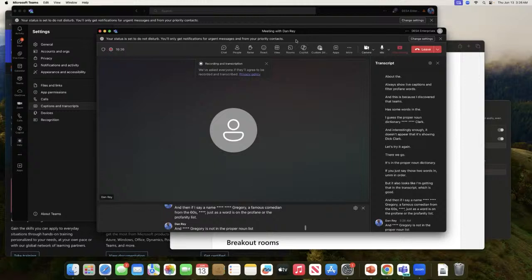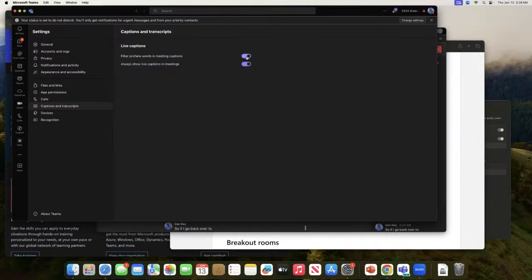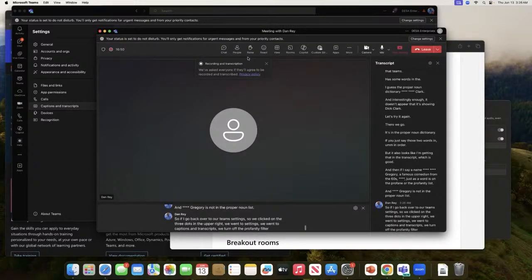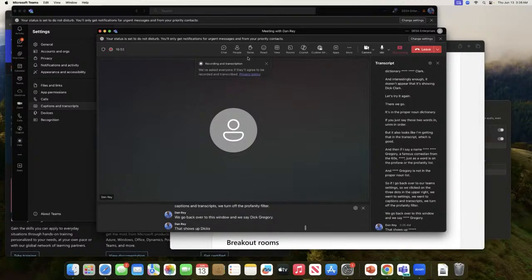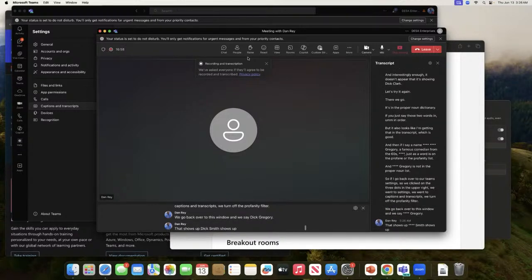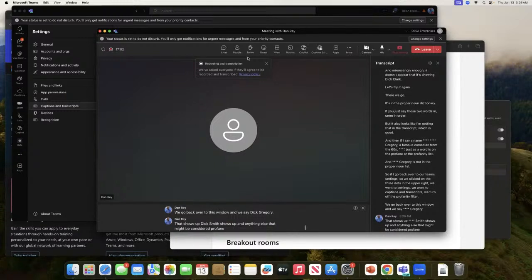So if I go back over to our Teams settings, we clicked on the 3 dots in the upper right, we went to settings, we went to captions and transcripts. We turn off the profanity filter, we go back over to this window and we say Dick Gregory, that shows up. Dick Smith shows up, and anything else that might be considered profane will show up as well